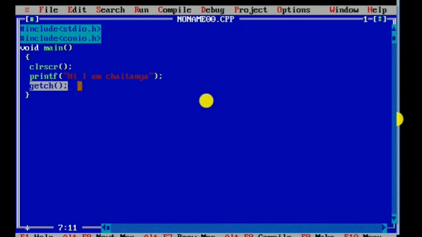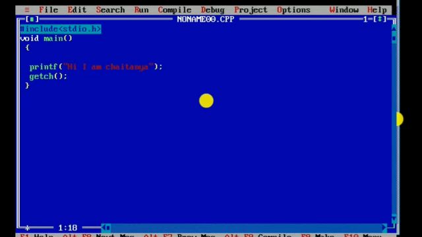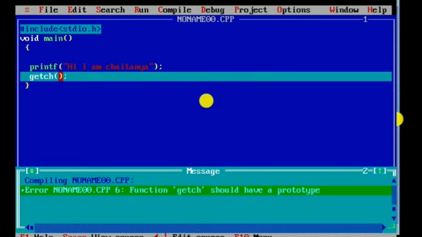That is the main reason we use the getch function, to avoid the last step in the execution process. So we can directly see the output by using Control F9 only.